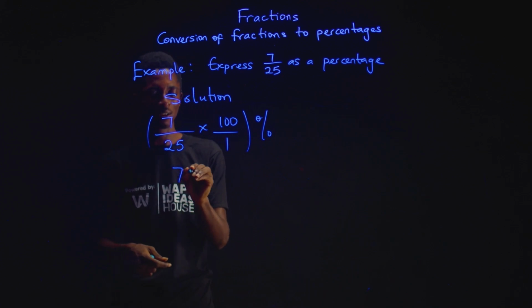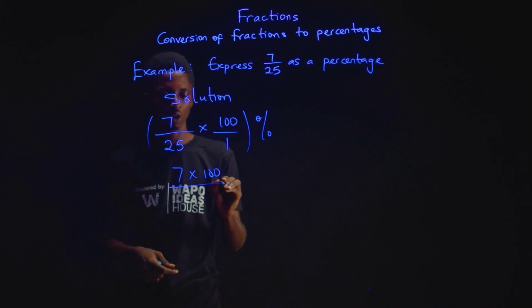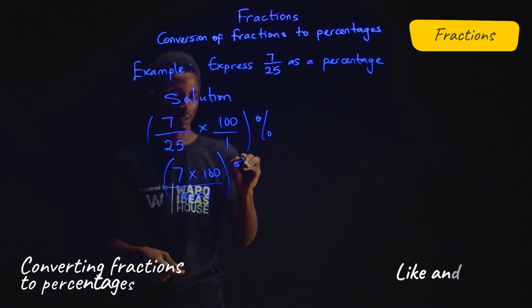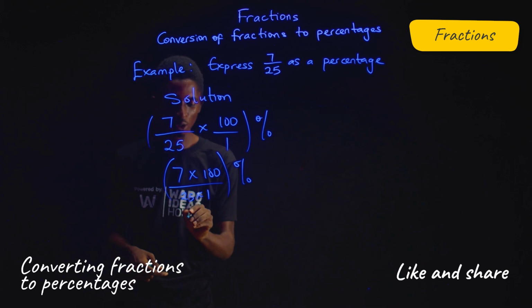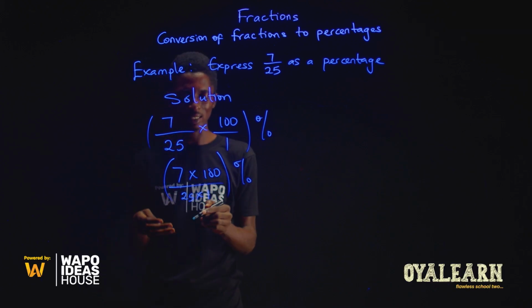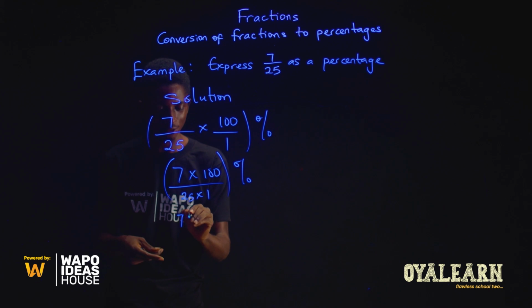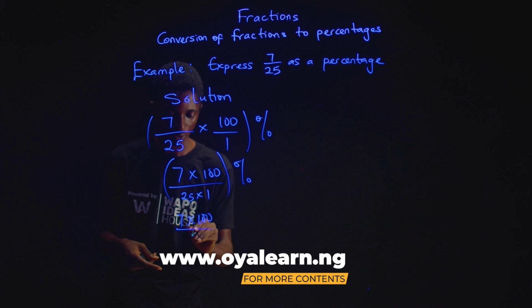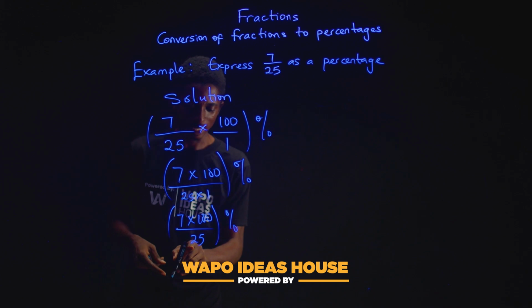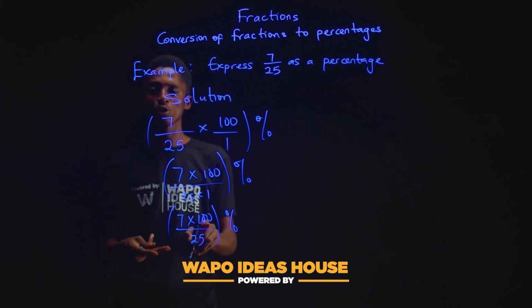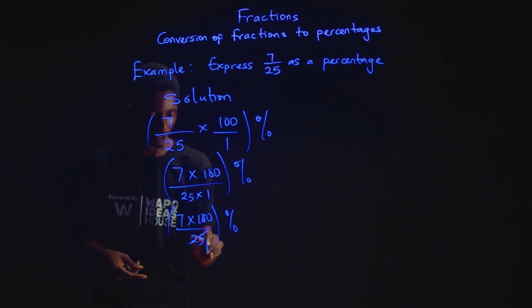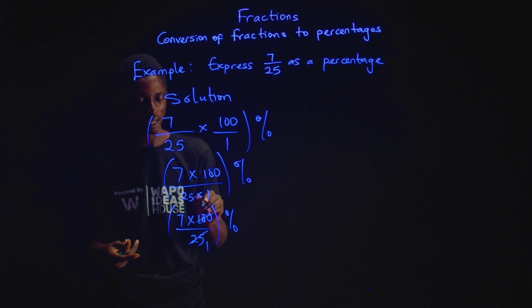Now we have 7 times 100 over 25 times 1 percent. Now you can go on to multiply this, or you could just go on to write 7 times 100 over 25 times 1, which will give us 25, still in percent. I have done this because 25 is a factor of 100, so we can easily break it like this by saying 25 here 1, and then 25 here will go